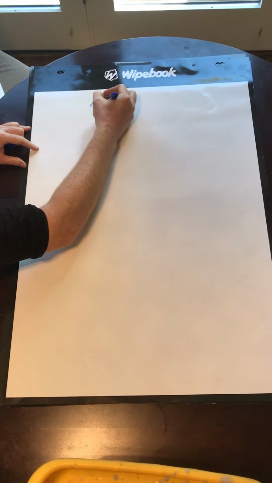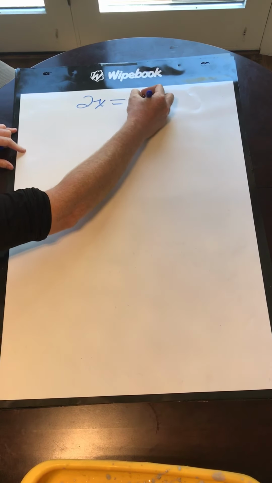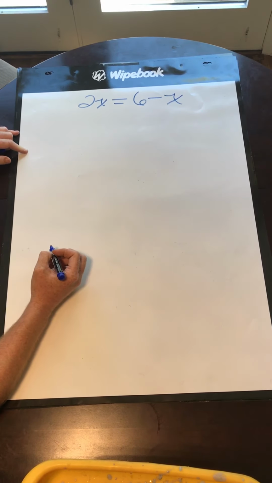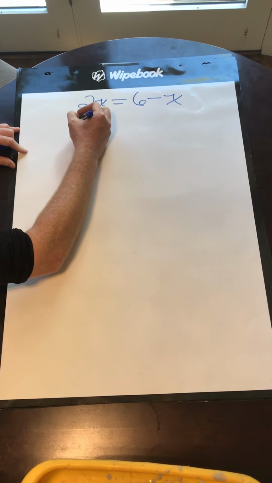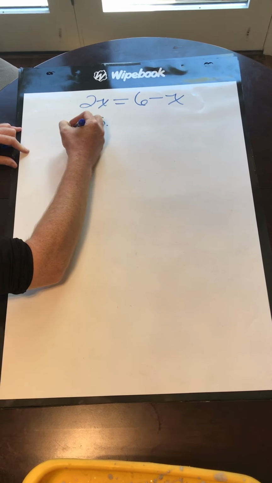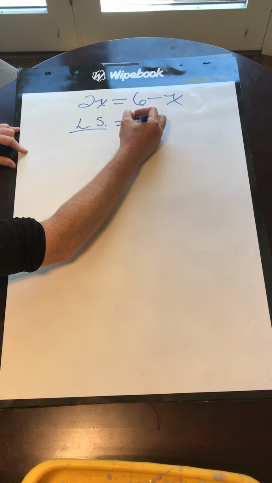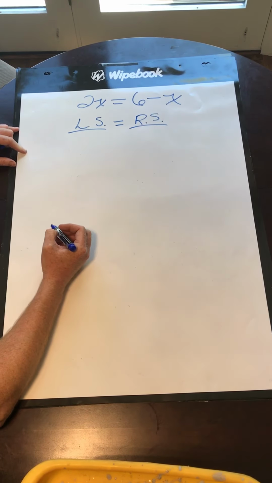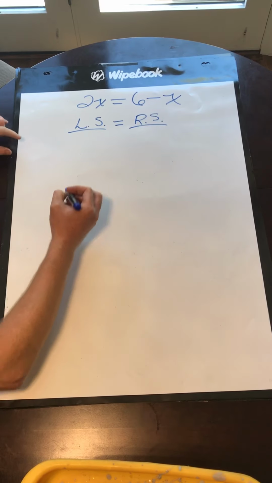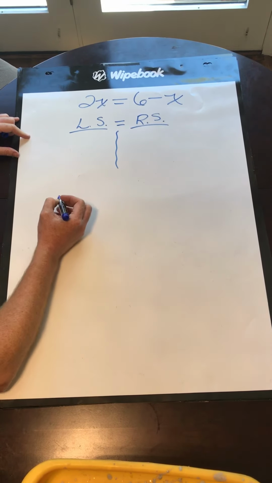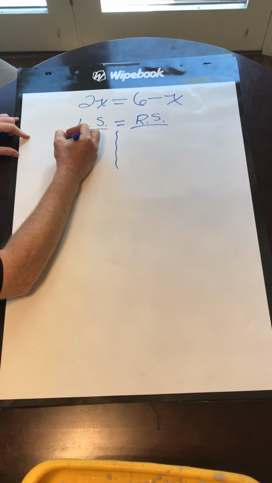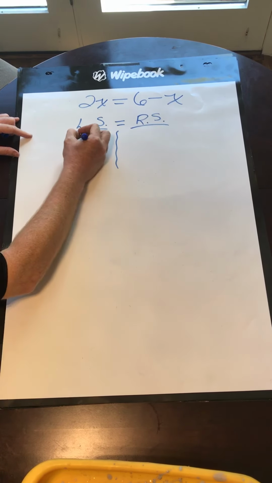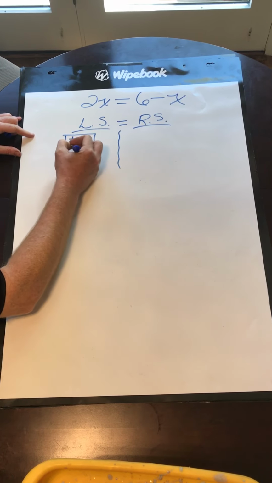So I start off again here with 2x is equal to 6 minus x. And when we solve using algebra tiles, we have a left side, which I'm going to put as LS, and is equal to the right side, which I'm going to put as RS. And then what we would do is we would draw the tiles. And we put a little squiggly down the middle there, and we draw the tiles so we have 2 variable tiles. So 2 positive x variable tiles